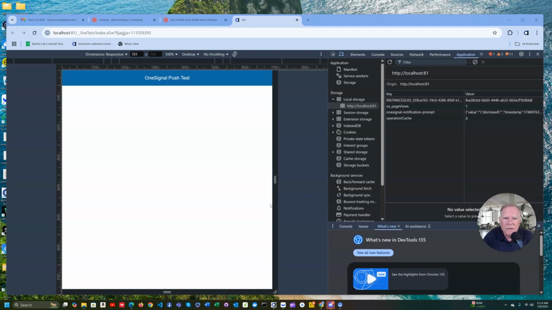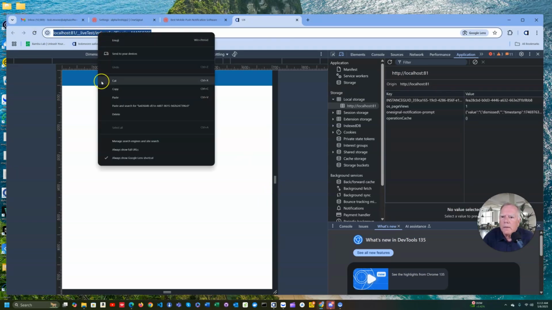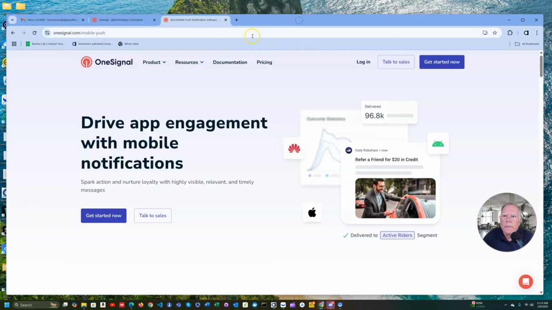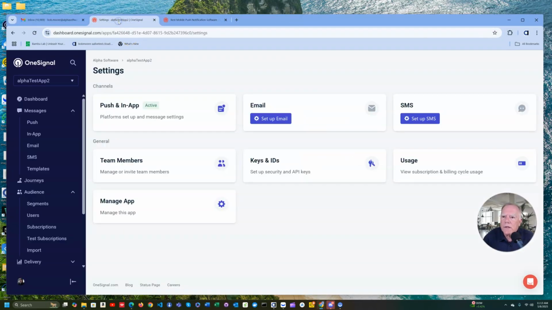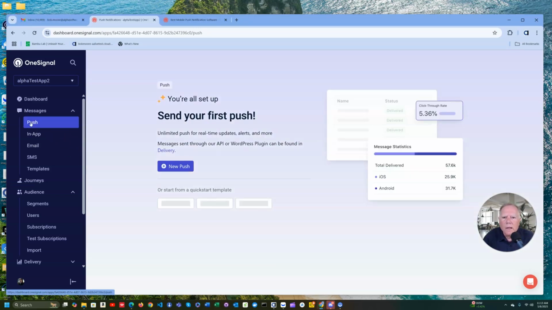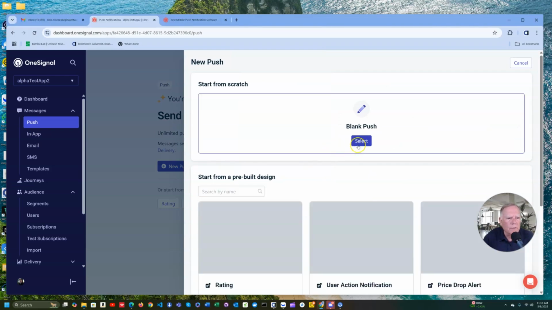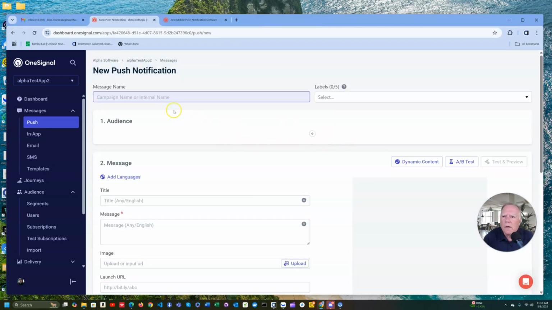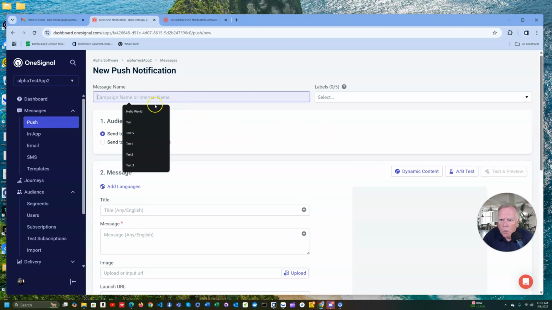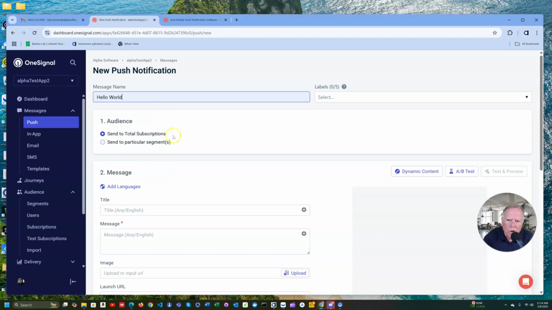And the thing that's interesting is this doesn't need to be running in order for those notifications to come in. So here, let's do this. We'll just copy this and we'll close it. We'll come into our settings here in OneSignal. We're going to go into the push messages and we're going to send out our first push. So let's do that, and our campaign is going to be our Hello World campaign. We're going to send it to all subscribers,